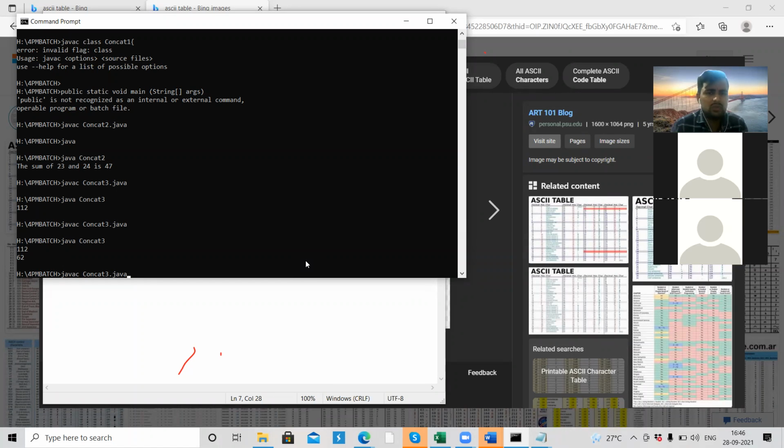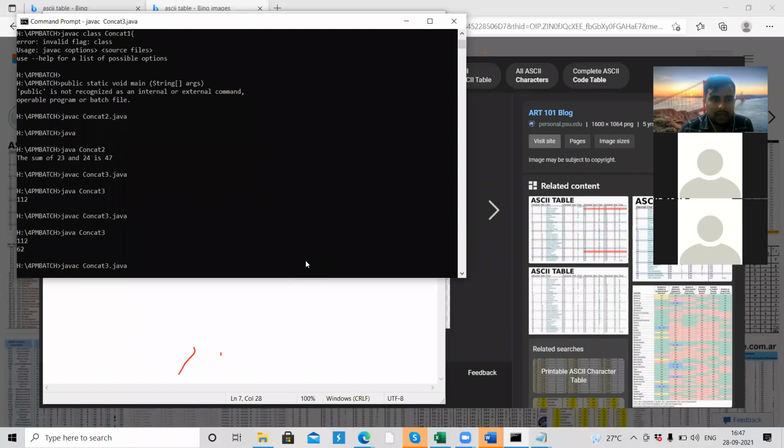No need. Remembering this ASCII table is not mandatory. Just for knowledge, I am explaining it. We have just added a character to the digit. It is not going to be treated as a string, because a string will always be written inside double quotes. There were no double quotes, so there was no string. That's why it did a simple addition. For F, it took the ASCII value and added it to the number.